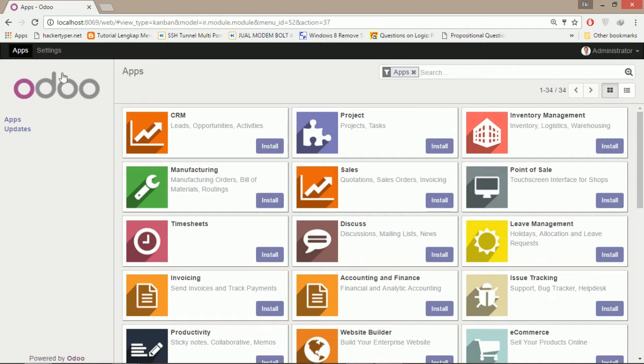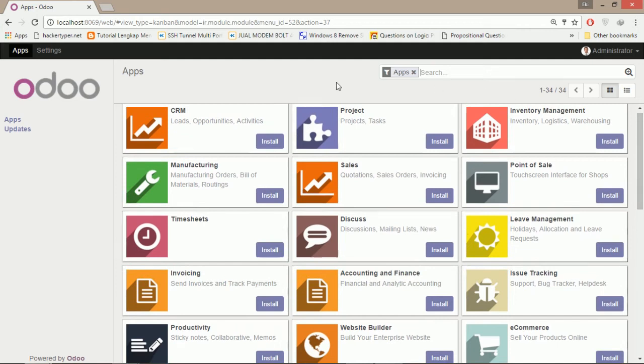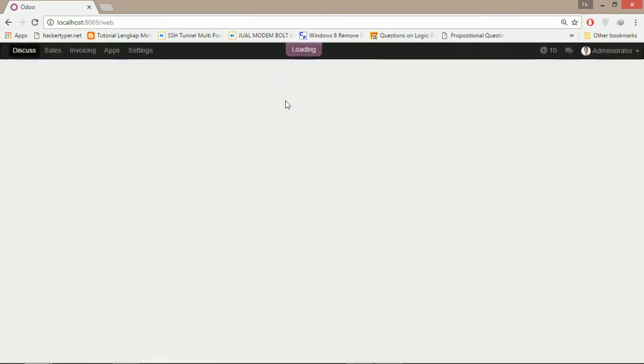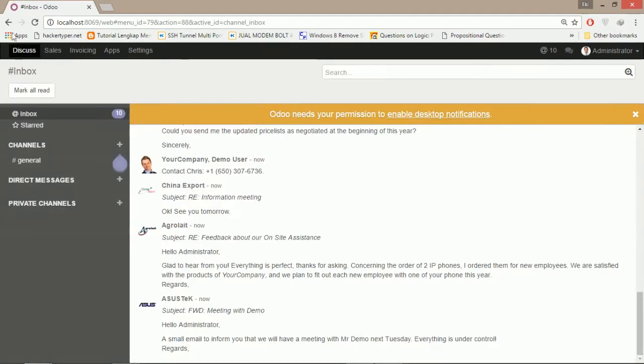Okay, now that it is already created, we need to install at least one module. I'm gonna go ahead and install the sales module to demonstrate how to do the data transfer. You can basically install whatever modules you want, whatever modules have the data you want to transfer. In this case, I wanna transfer the customer data from the sales module. Okay, we have installed the sales module in the first source database. I'm gonna log out